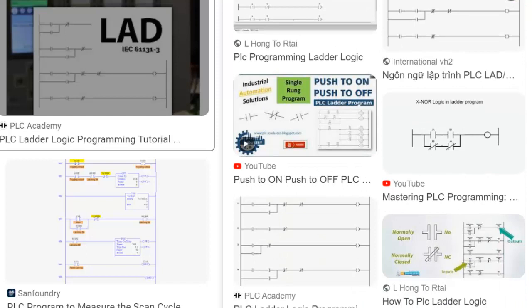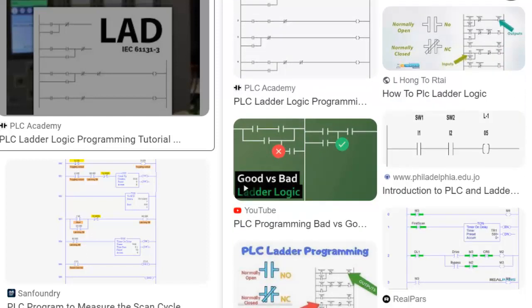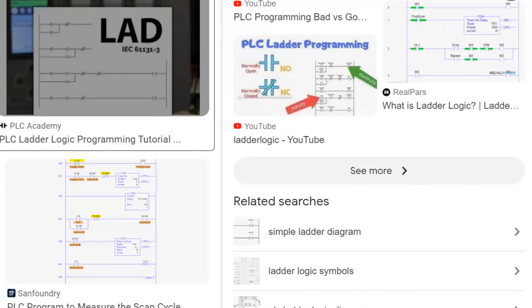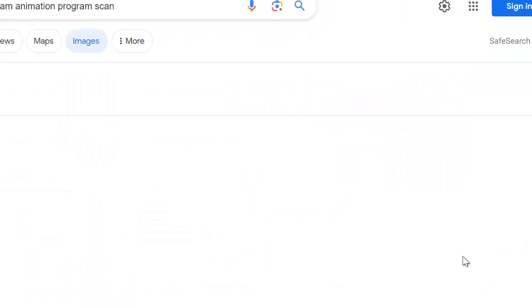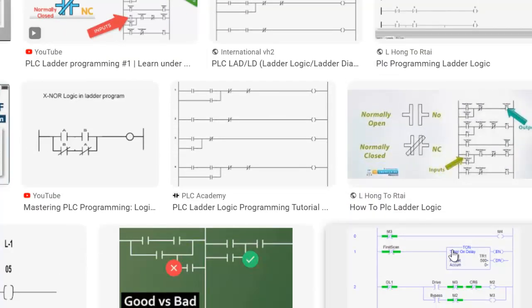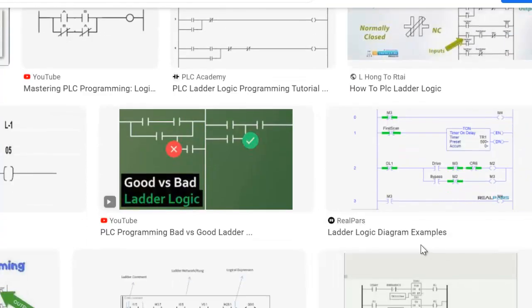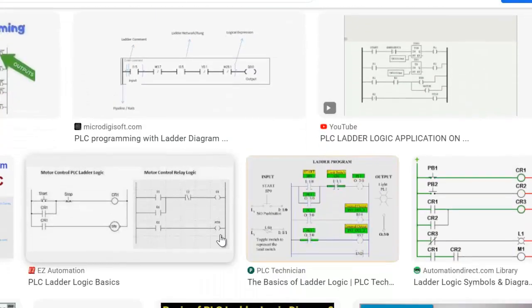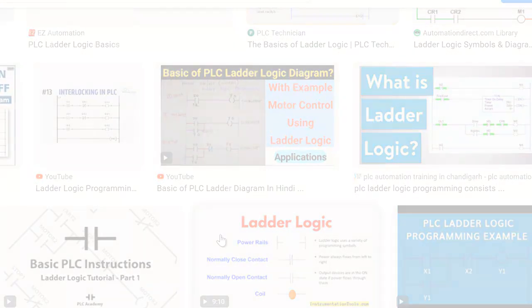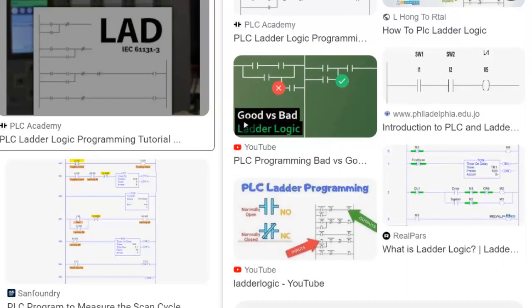The coils represent output devices, and the contacts represent input conditions. The contacts on the left side of the rungs act as input conditions, and the coil on the right side represents the output device. The logic flow in the ladder diagram is determined by the status of the contacts. If all the contacts in a rung are closed, energized, the coil on the same rung will be energized, activating